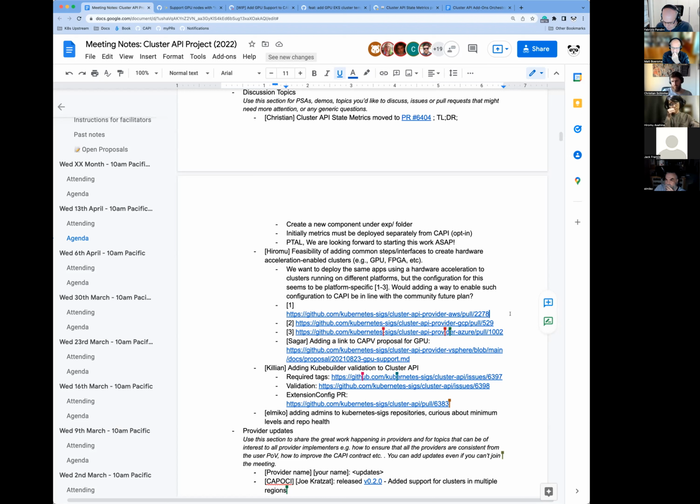Especially in public cloud, you have to choose the instance type, and that's very much what you have to do, whereas on-prem you have to deal with nuances such as, do you want your GPU to be consumed through PCI pass-through?